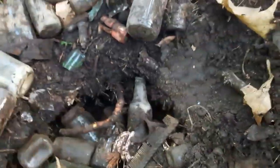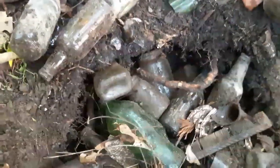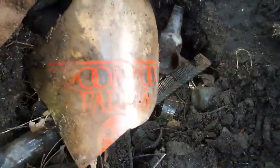I found a few of these glasses. So I'm wondering if it was a bar that closed down or what. But the glasses are coming from the same area. And then this right here, let me wipe this off. Hold on. Wipe off the paint. It says